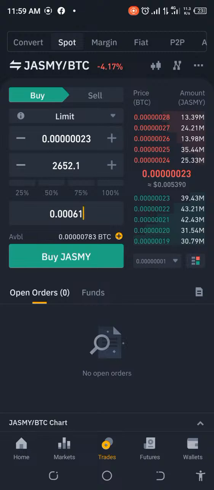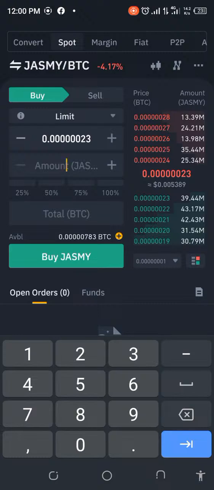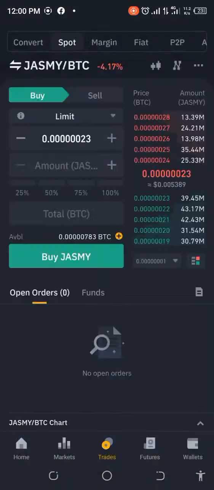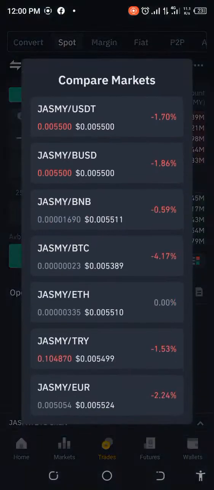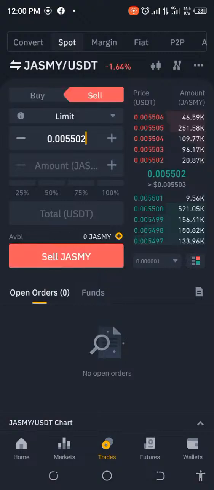So it's always best that you remove some, so let's just make this 2649. Okay, 2649, 2648, something in that range. Let me just copy that. I'm going to remove the charges. In this simulation, we have to make sure that whatever we get is still as close as possible to what we want. Then we're going to try and sell back to USDT